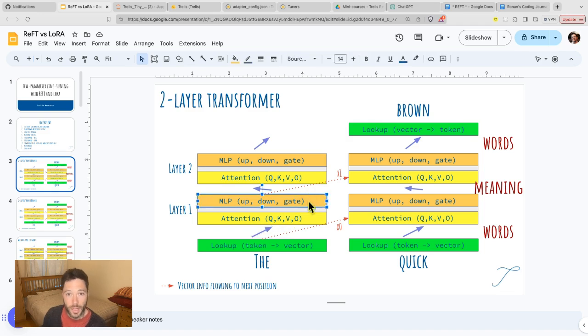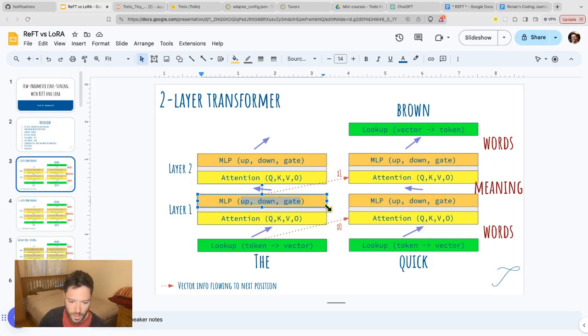Now, the multi-layer perceptrons, by contrast, don't necessarily take in direct information. They will rather take the vector and do some transformation on it. And the transformation is a trainable transformation that's controlled by a number of matrices. These, in the case of Llama 3, are called up, down, and gate. So these are 3 matrices of trainable parameters that are going to move and reshape the vector as it goes